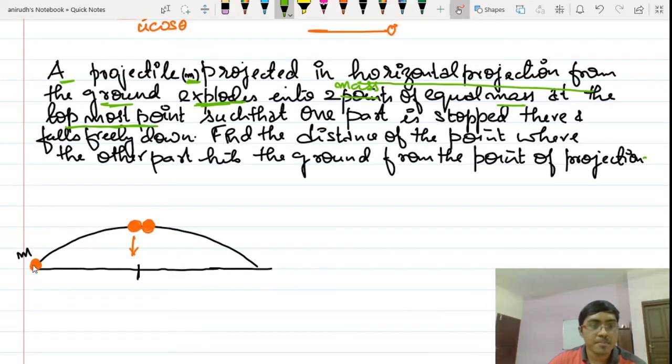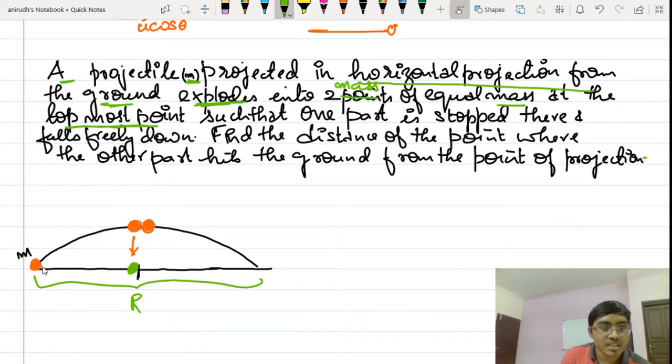Had it been the single mass, then it would directly fall at the correct range of the projectile. But since it is half of that from now on, it will not directly fall on the range. So we'll try to find the distance from this projection point till the place where this mass is falling down, in terms of the range of the projectile. First of all, what is this then? This is the range, isn't it? Now, I said that at the topmost point, the first mass is coming down freely, so it will be falling here itself. So the distance from the point of projection till the point where the first mass is falling into the ground is actually R by 2.